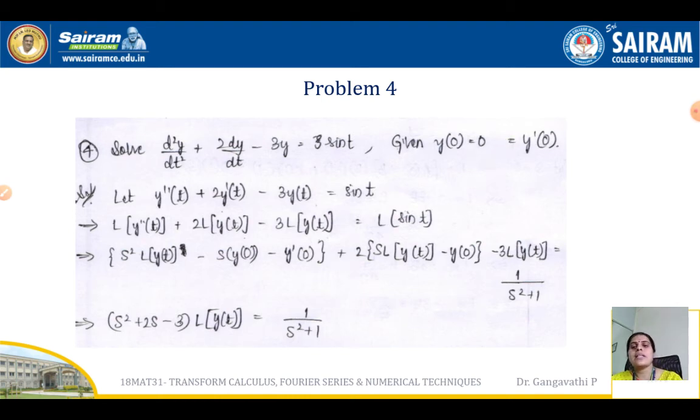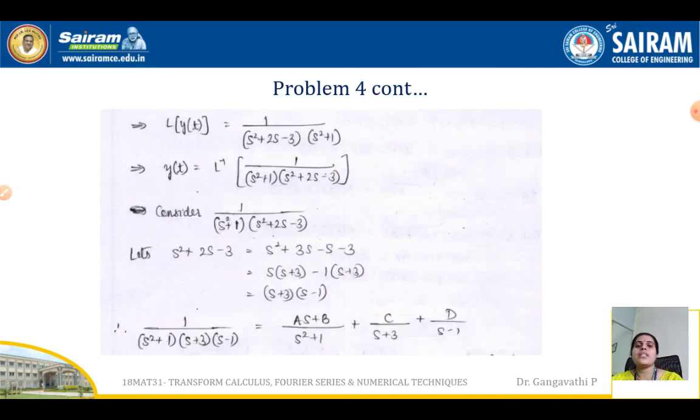So as it is, consider the differential equation. Take a Laplace transform throughout. So we get this equation, and expand the derivatives by using the suitable substitutions. This is what we get, and Laplace transform of sin t is 1 by s square plus 1. So group the terms of L of y of t on one side and the remaining towards the other side.